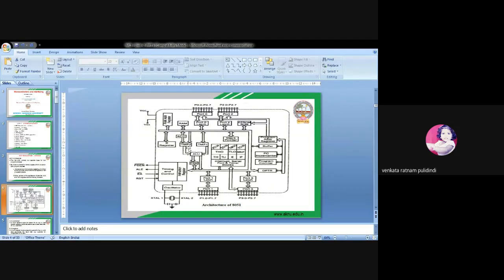And here these two are the temporary registers, temporary register 1 and temporary register 2. So this is the accumulator. All the arithmetic and logic operations are performed in this arithmetic and logic unit. Here at the bottom we have the PSW, that is the program status word. Sometimes it is also called a flag register, but in the 8051 microcontroller we call it the program status word. That means it indicates the status of the result.